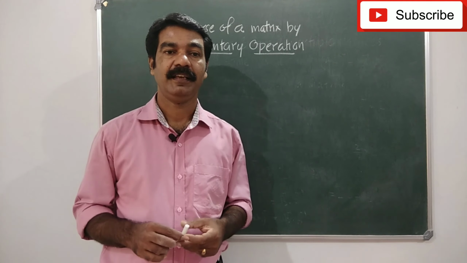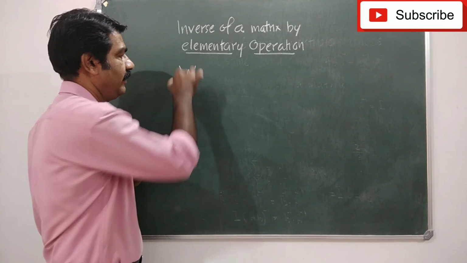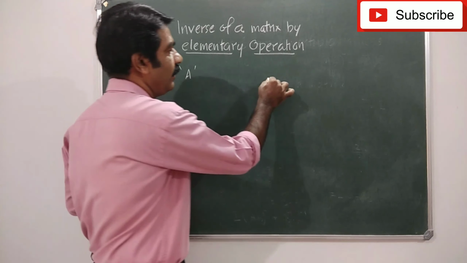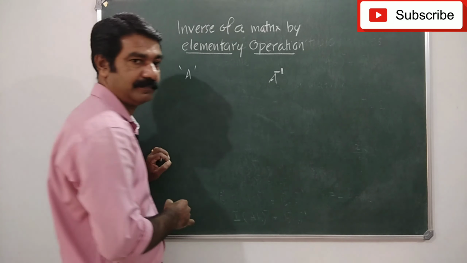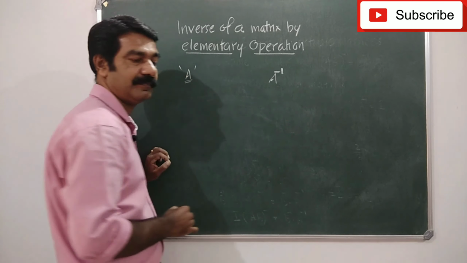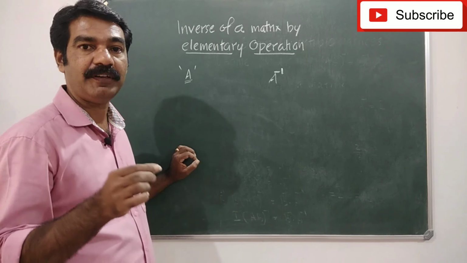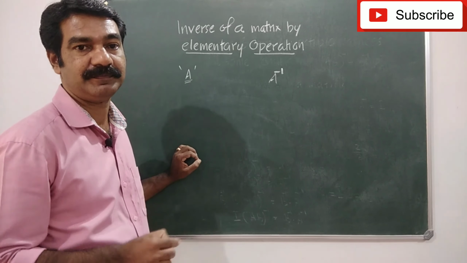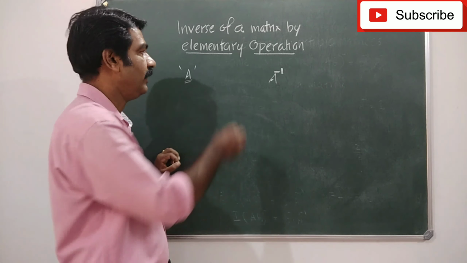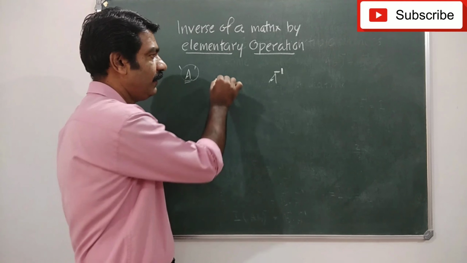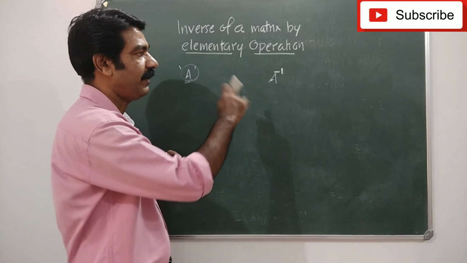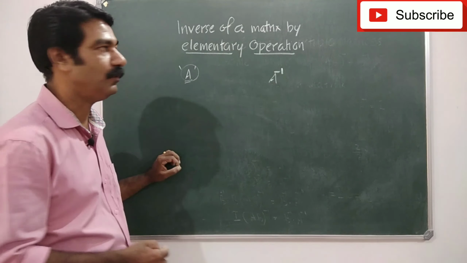Elementary operation. See, we suppose that A is a square matrix, and A inverse exists. You always remember that now. Every square matrix does not have an inverse. We can find the inverse of some matrices only. So if A is a matrix, if its inverse exists, how to find the inverse using